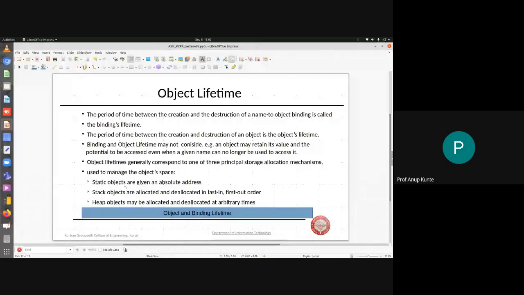Continue the discussion that we had yesterday of name, scope, and bindings. Okay, so we talked about what we mean by name and why we require a name to call or use a certain object in programming. We need to name that object. And once we name the object, the association between object and name is referred to as the binding.